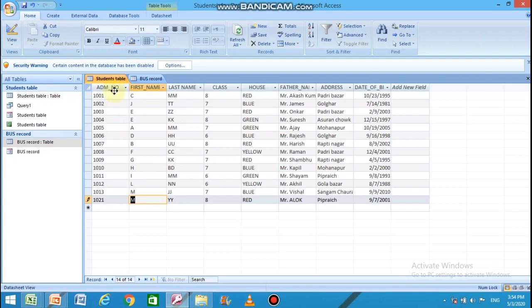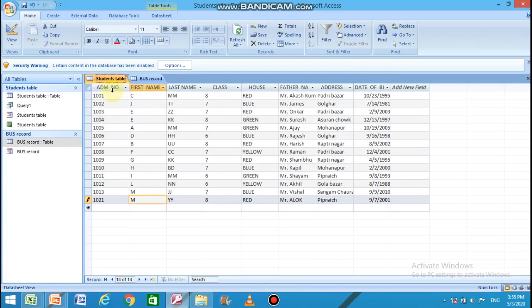But this common field should be of primary key type, so that it can hold only unique records. Means what? During relationship between the tables, we need at least one common field between the tables, which can act as a primary key field. The primary key field in the main table, the students table is the main table, it is created first.